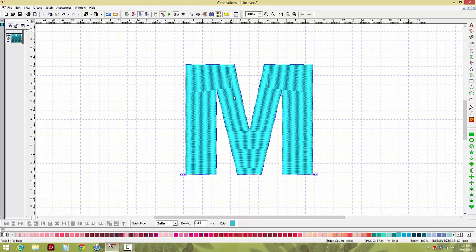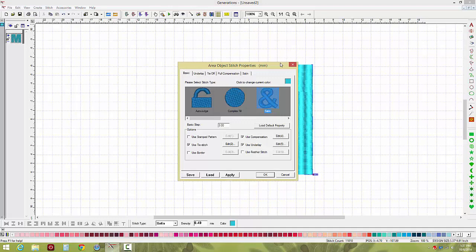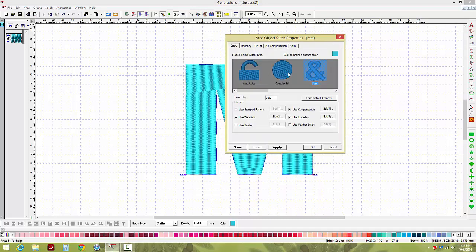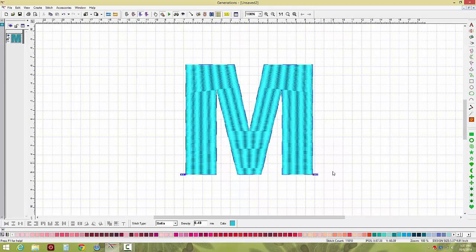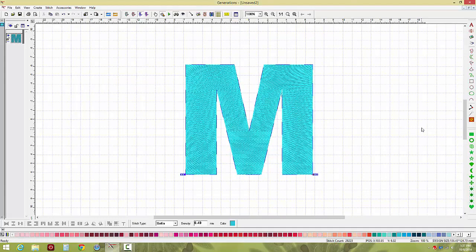Let me go ahead and first thing I'm going to go into my settings. And what I can do is this. I could say, oh, just make it a complex fill. But then what happens is I have a very flat, large letter. Or I could stay with the satin stitch and keep the flow of the lettering and just say, let's put a fill into this. And let's generate that, new stitch property. You can see it looks a lot better, but